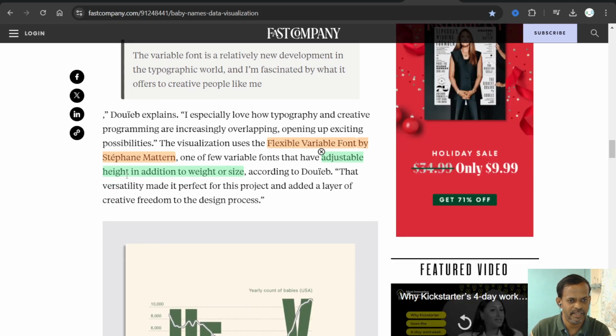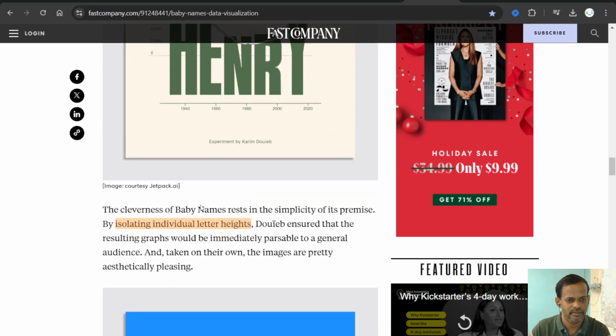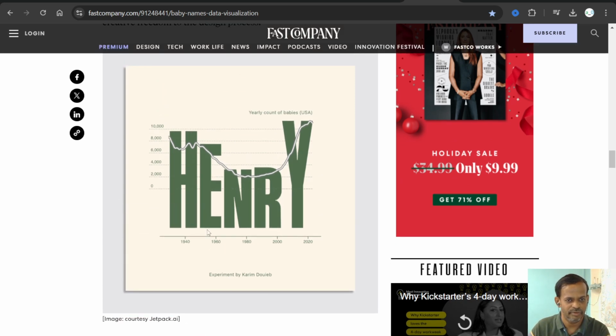It had adjustable height in addition to weight or size. However, instead of adjusting all letters, what Karim did was isolate individual letters' height. So for each year, or each decade, we can see it for each letter.